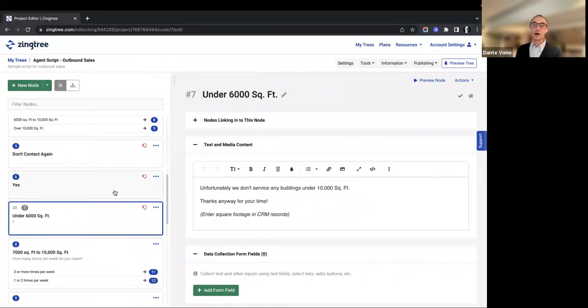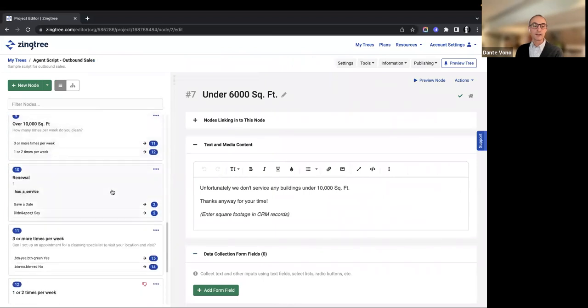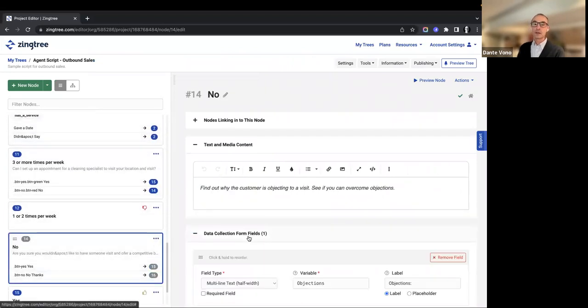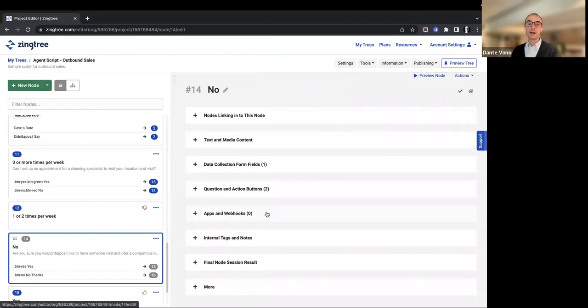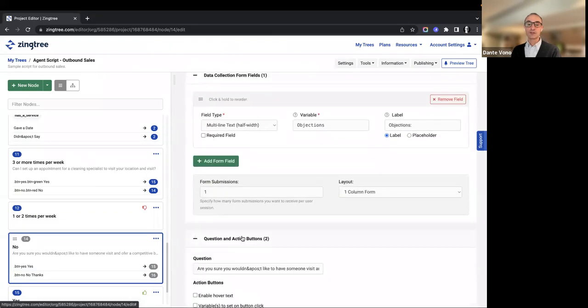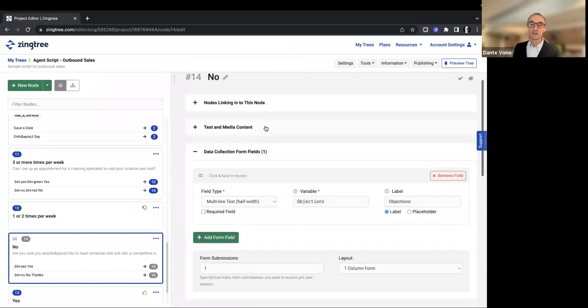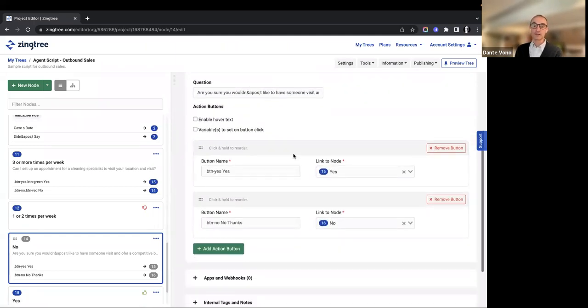Let's go over to the new authoring and we'll find that same node here, 14. And what you'll notice in new authoring is that we have the same information there, but instead of presented as tabs, it's presented as sections, and sections that you can actually collapse or expand. So if I collapse all of these, you can see that the ones that I want to focus on are just the data collection and just the question and answer button. So I can change this to reflect whatever I'm working on at the time. So keep the things in view that I want and not look at the things that don't matter to the task at hand.